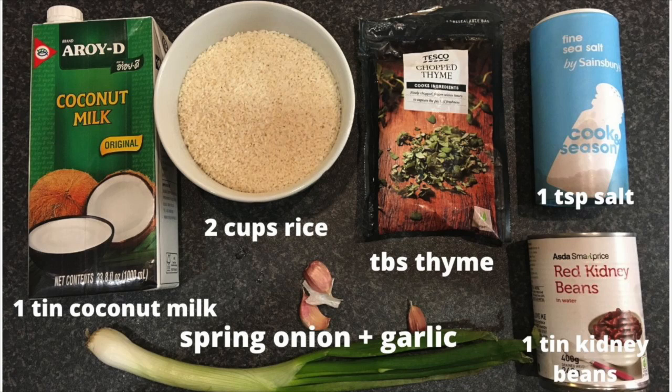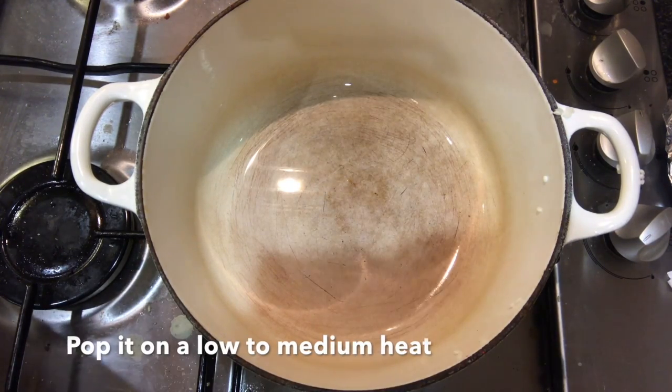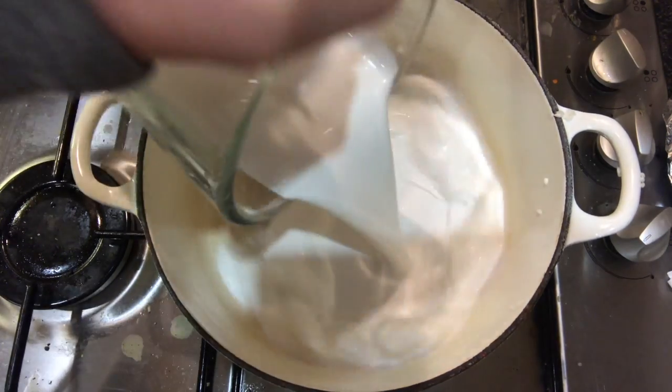This makes quite a lot of rice and peas. I was actually eating this for days, so if it's just one person, I would suggest definitely just halve it. And we are adding coconut milk,